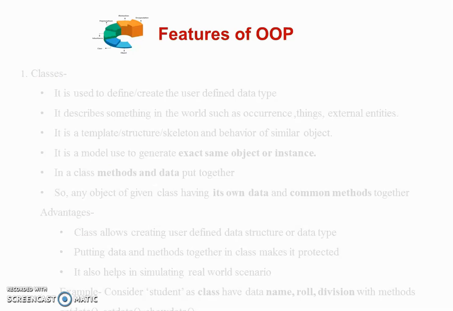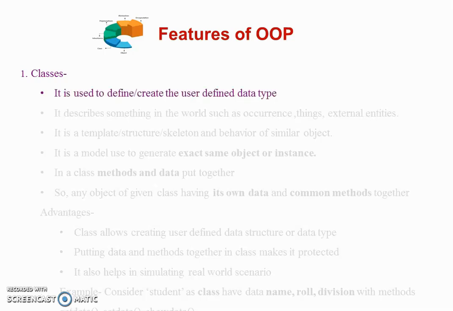So let's start with the first feature, class. Classes and objects are two main aspects of object-oriented programming. In fact, a class is a basic building block in Python. A class creates a new type, and an object is an instance of a class, which is also known as a variable. Classes provide a blueprint or a template using which objects are created.